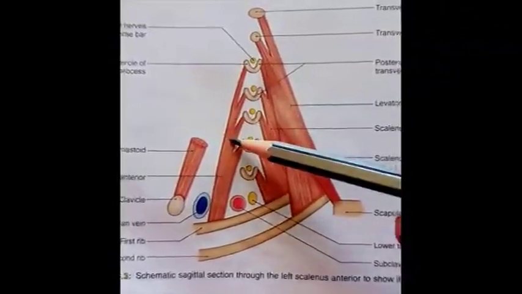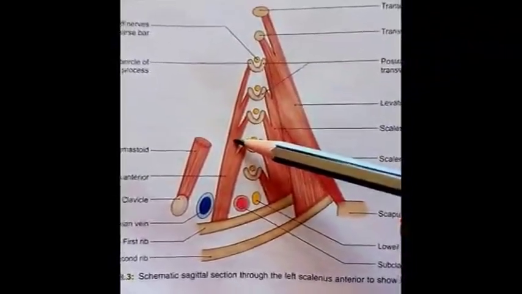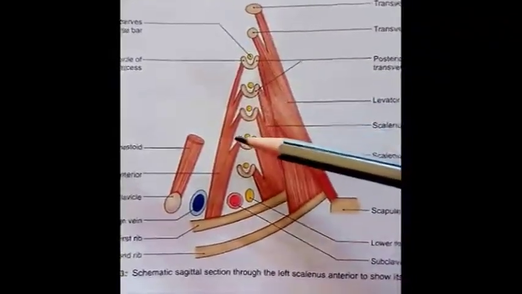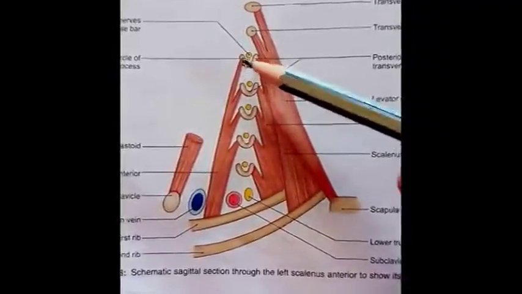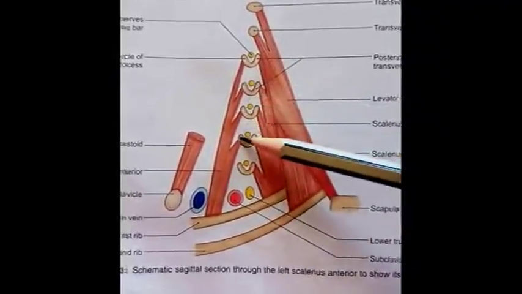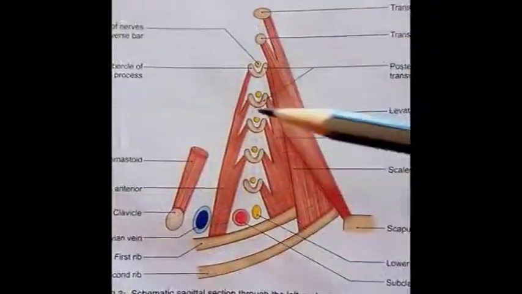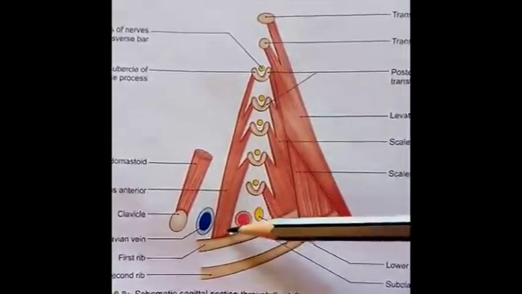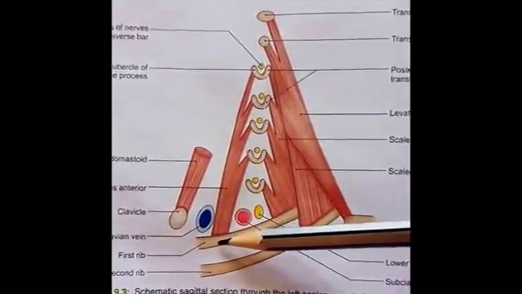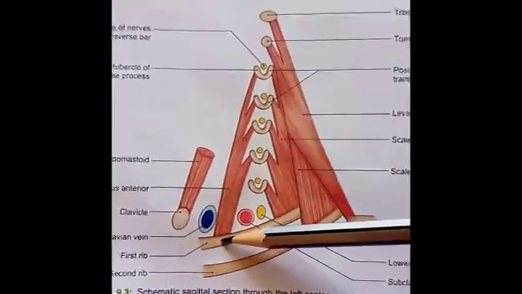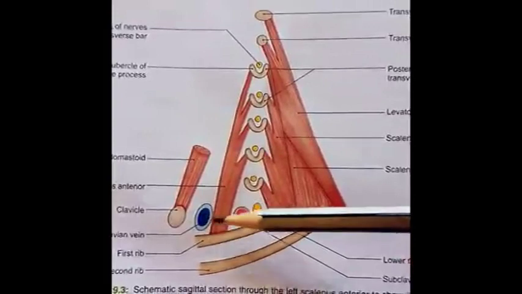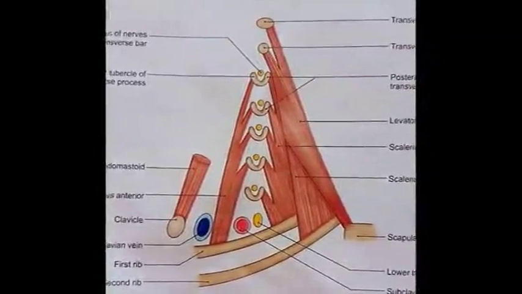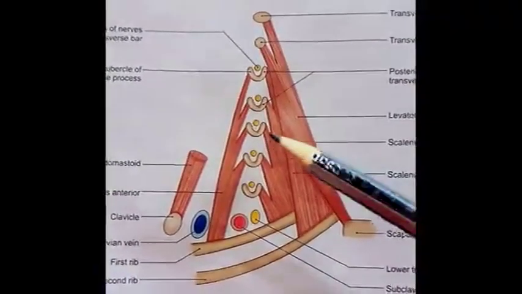First muscle is scalenus anterior muscle. Origin of the muscle: this muscle arises from anterior tubercles of transverse processes of cervical vertebrae 3, 4, 5, 6. Then insertion: the muscle fibers run downwards and laterally and insert on the scalene tubercle and adjoining ridge present on the superior surface of the first rib between the subclavian artery and subclavian vein. Nerve supply: this muscle is supplied by ventral rami of nerves C4 to C6.